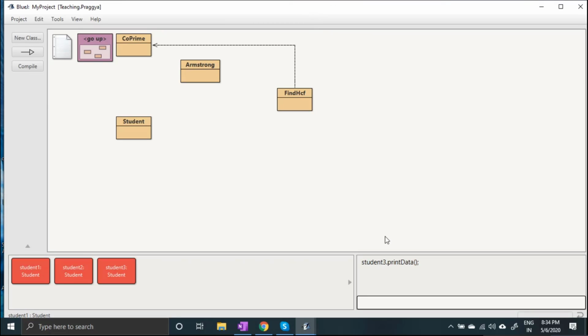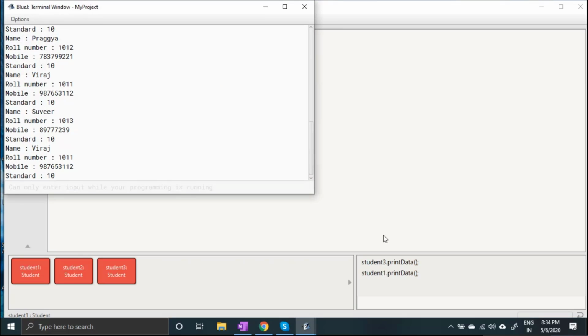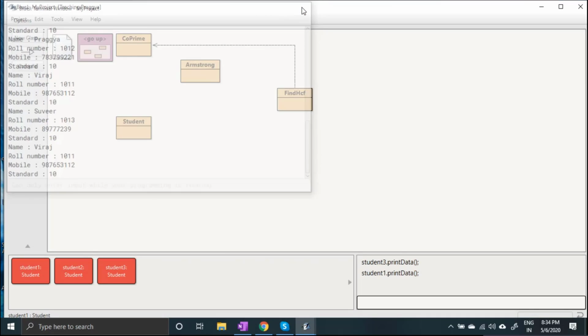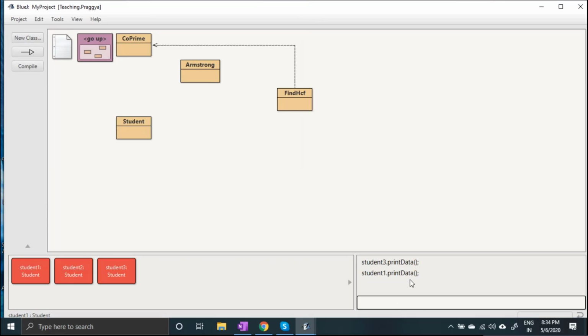So you can print any of the students' data. Say I want to print the first student's data, student 1 dot print data. I have pressed the enter key, and now in the terminal window you can see Viraj's data is printed. Similarly, I can print anyone's data. Say student 2 dot print data.